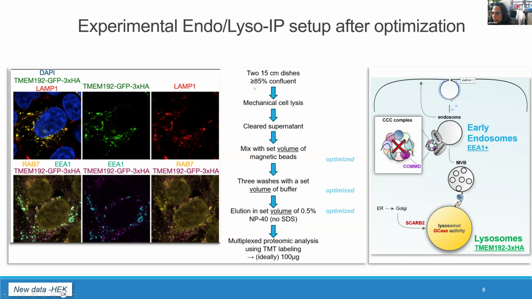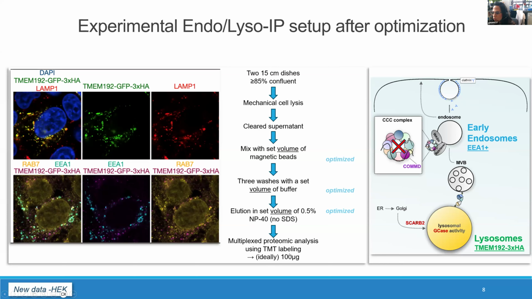So initially, we start with two 15 cm dishes of confluent cells. The cells are expressing either of these three constructs individually, and then the clear supernatant is mixed with a set volume of magnetic beads. This step had to be optimized. Then after incubation, this is washed, and that actually makes a difference in the final yield. And ultimately, we elute in a set volume that had to be optimized in a buffer compatible for proteomic analysis,